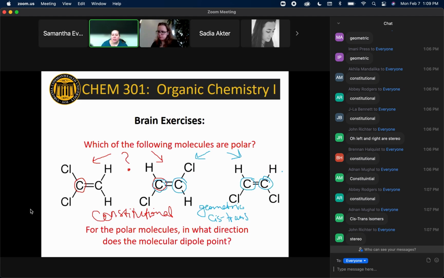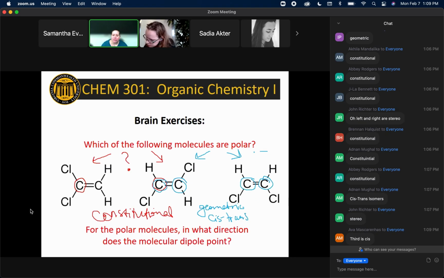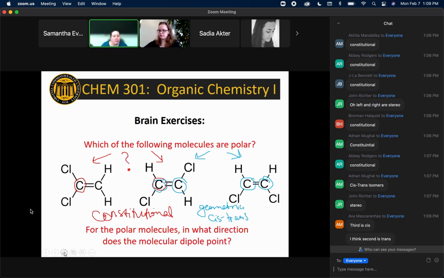How about this molecule on the right here? Is it cis or trans? Trans? Nope, this one on the far right is cis. Man, it's getting really ugly. Let me clean things up here. Okay, the one on the far right is cis, and that's because what we want to do is